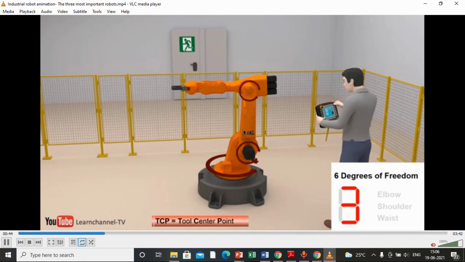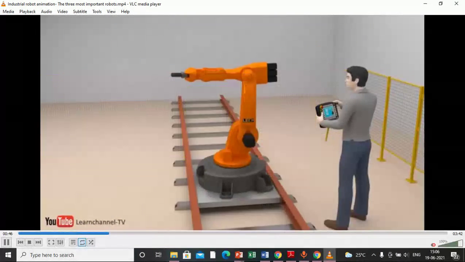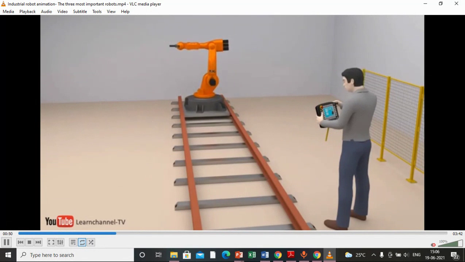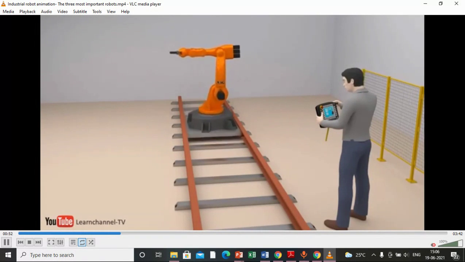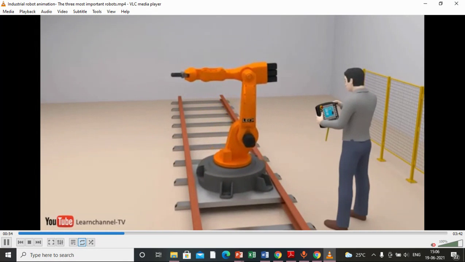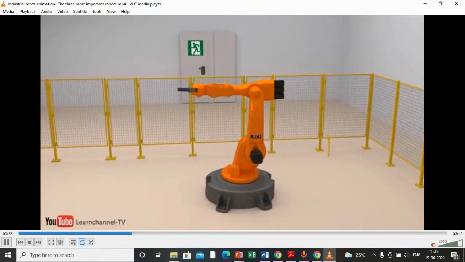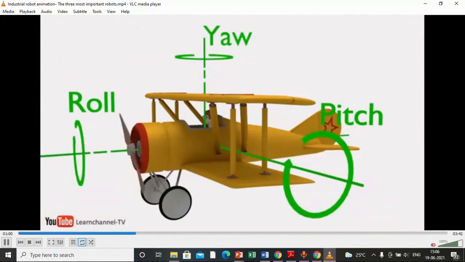So likewise you can control these robots and increase your production, your work ability, your productivity. Okay, so this is the area covered by the robotic arm.